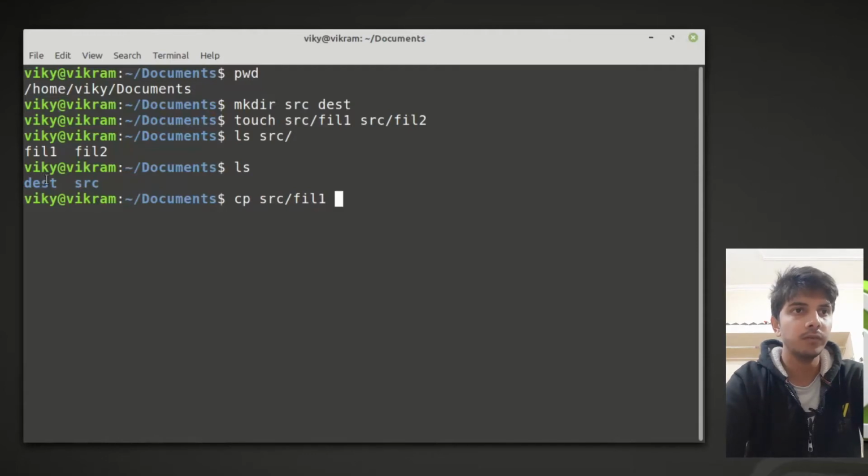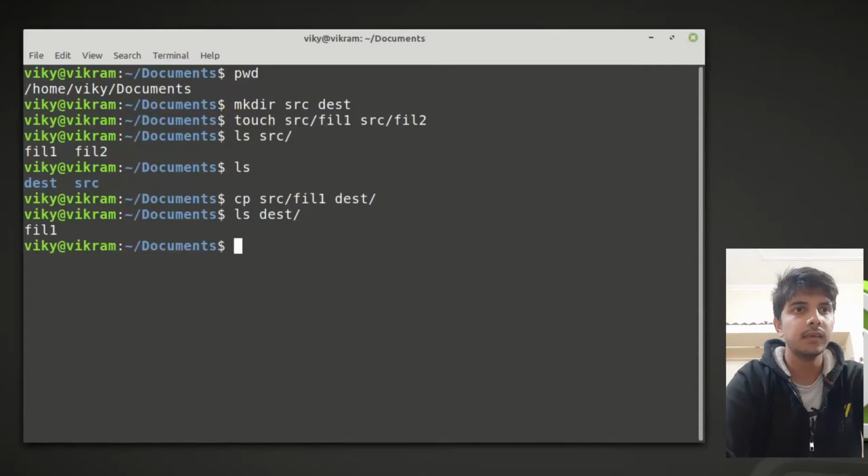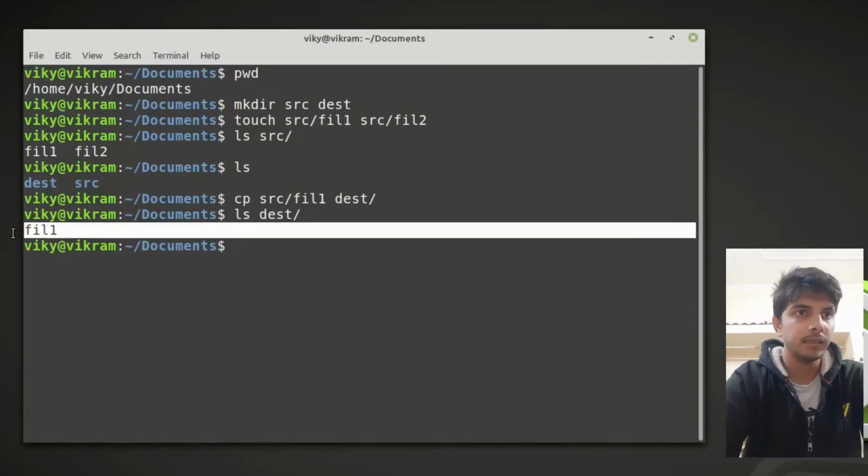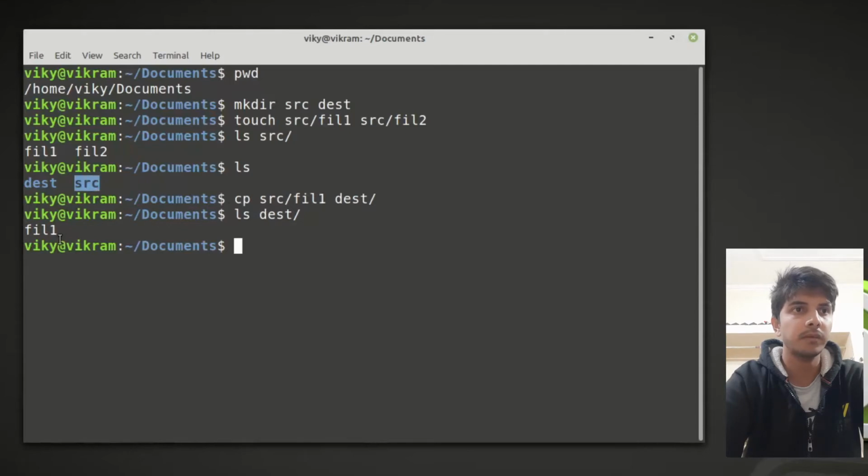I want to copy the file to the destination folder, so I can write dest. I'll press enter. Now if you see inside dest, one file is present. The file which was present in the source has been copied to the dest location, right?